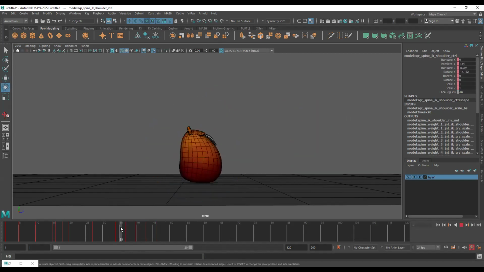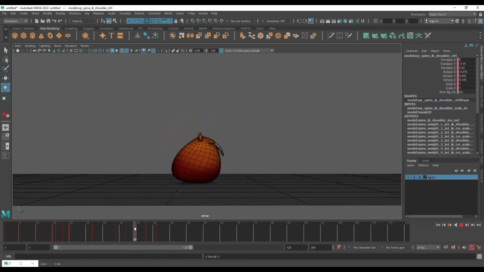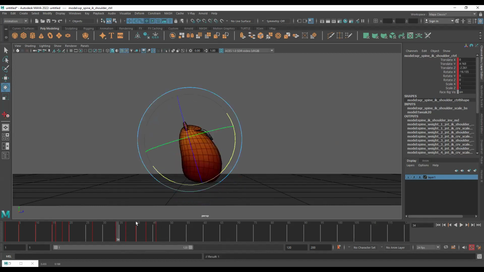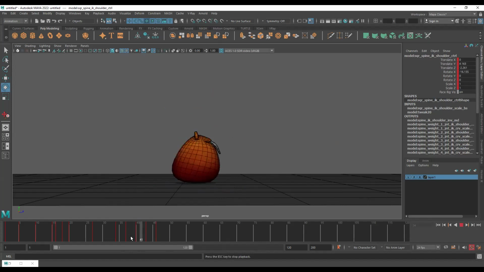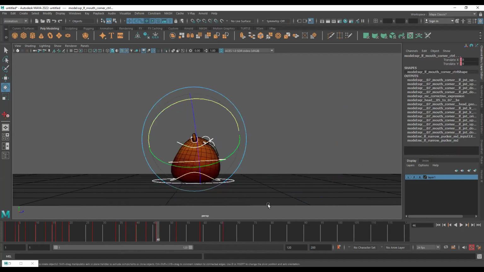I'll also add rotation here, like when I moved it forward, I rotated it forward. So when it's going back here, I'm going to rotate it backward. And at 46, I'll slightly rotate it forward. So you can see a very small amount of forward and backward movement I added. It's not even visible, but it can be felt. Okay. So I'm going to select everything and